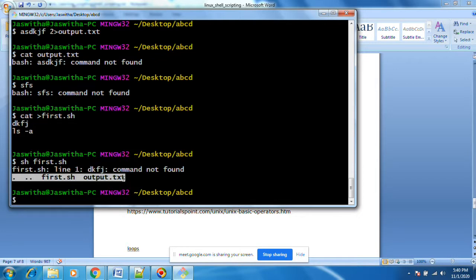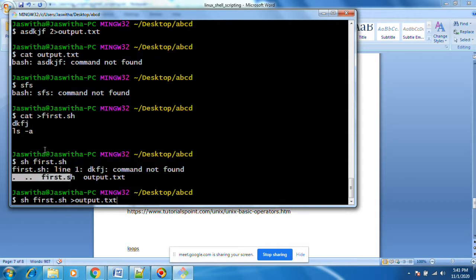Okay, your doubts I will explain after this recorded session. Okay, first dot sh. This line is throwing this error, and then this one. If I put greater than output dot txt, what will happen?